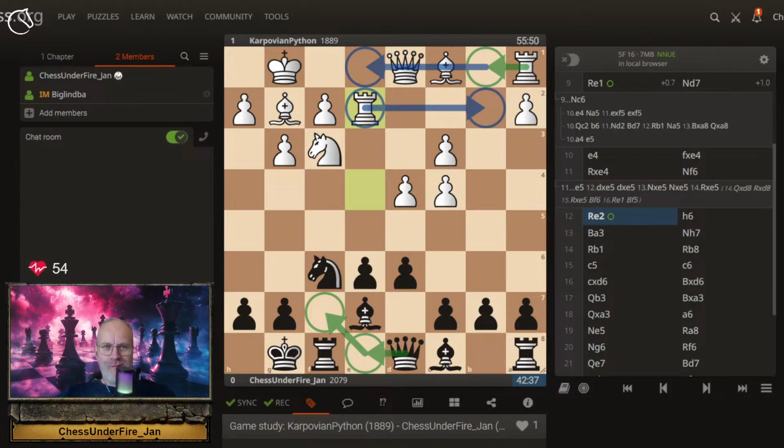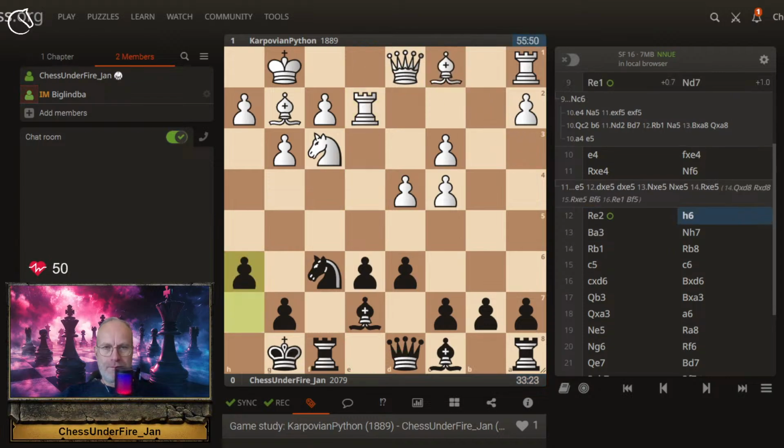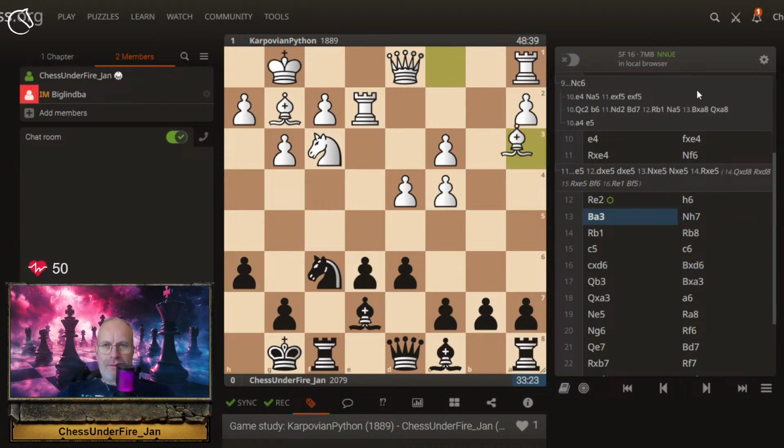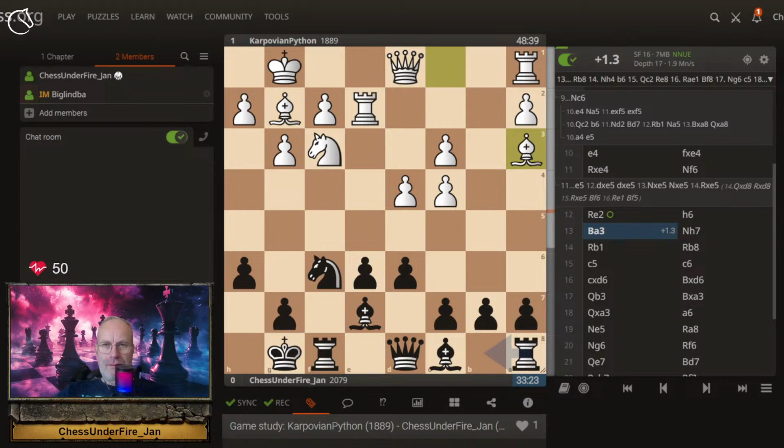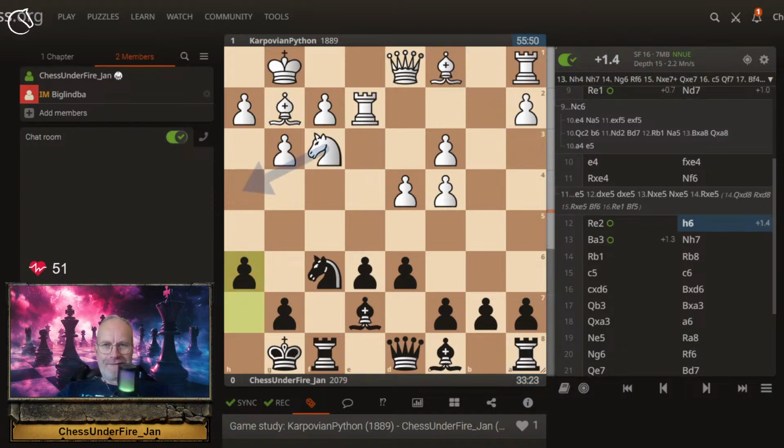So h6, making new problems on the g6 square, and yeah, this move is sterile, nothing special. He had a direct approach with knight h4, bishop a3, and now the final moment. What about transferring the knight to make some rotation? Usually when you have an open or semi-open center, this